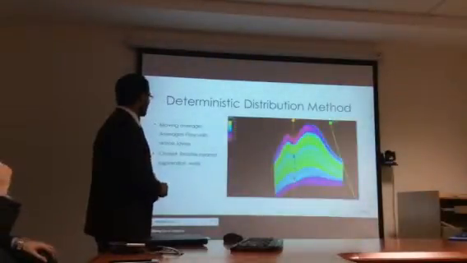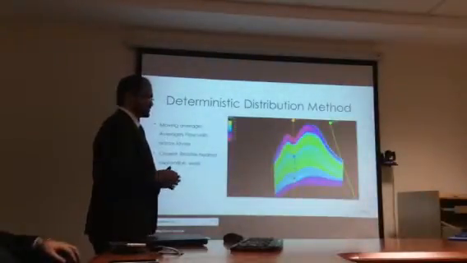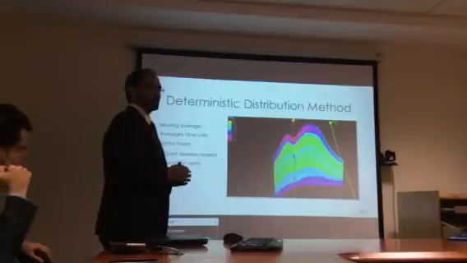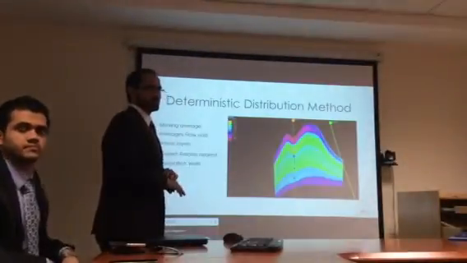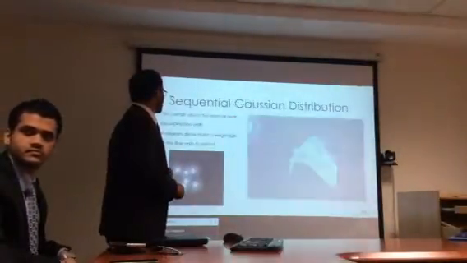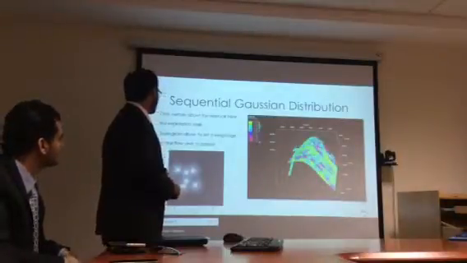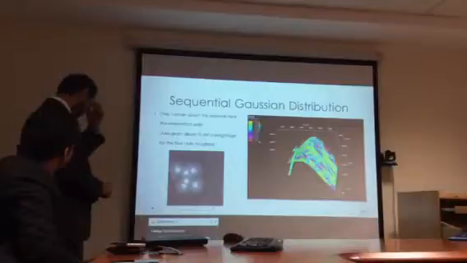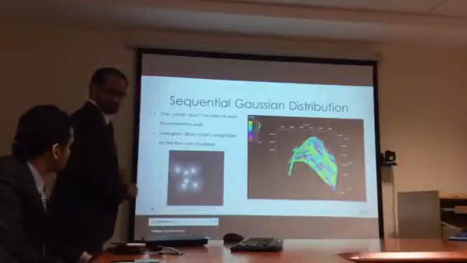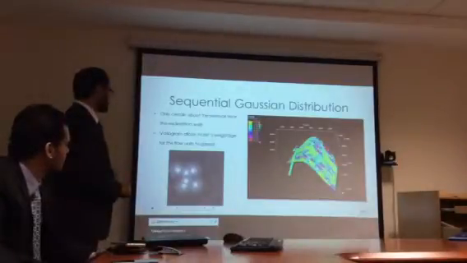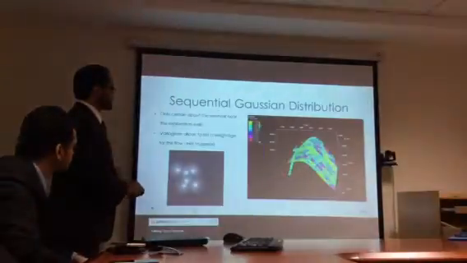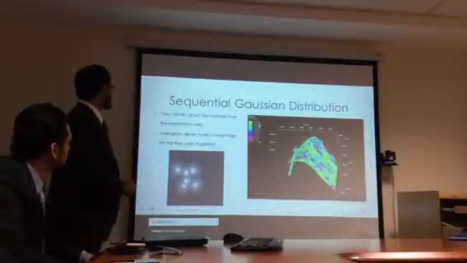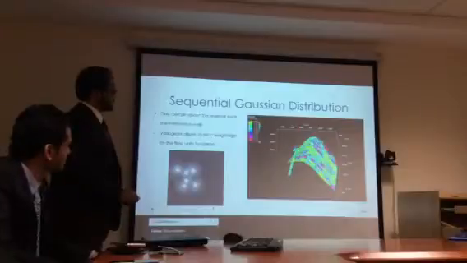We use neither of them because they are normally used in scenarios where we have a lot of appraisal wells. In our case, we only had 6 appraisal wells. Since we were only certain about the reservoir near our appraisal wells, we used sequential Gaussian distribution to distribute our